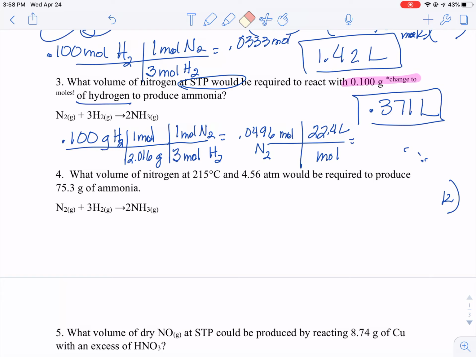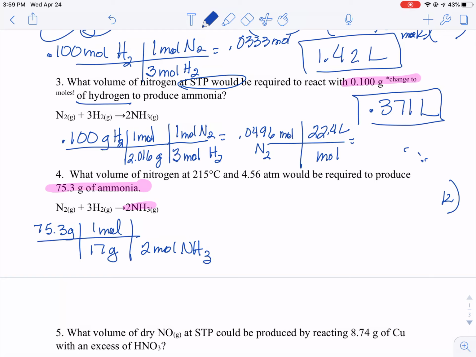We're going to start with 75.3 grams of ammonia. So first we have to change that to moles. The molar mass of ammonia is 17 grams in 1 mole. There are 2 moles of ammonia for every 1 mole of nitrogen. And when we do that math, it comes out to be 2.21